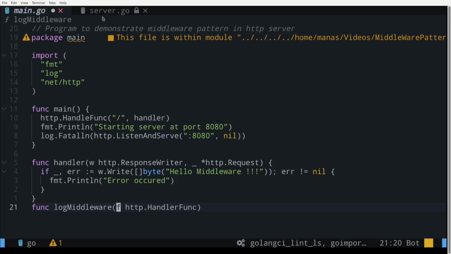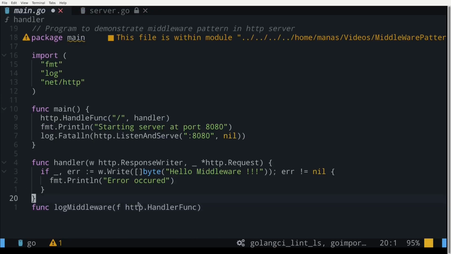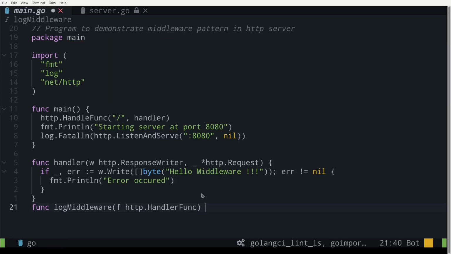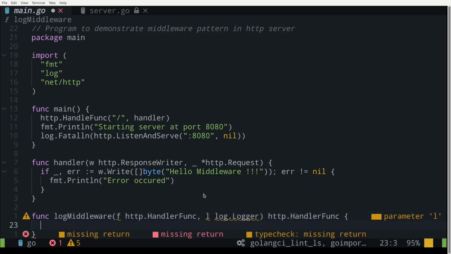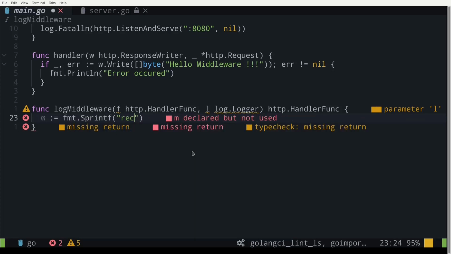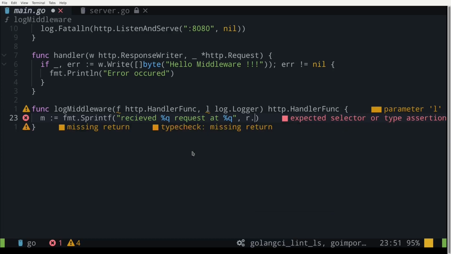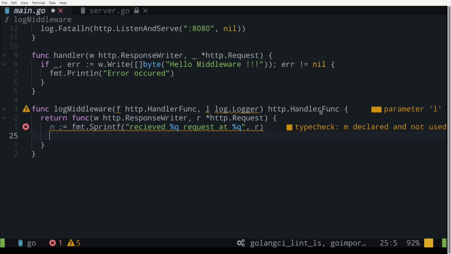We could have created our own data type for this, or we could have written this whole thing each time. But to make life easier, we are using this HandlerFunc data type, and it would also return the http.HandlerFunc. The log middleware would also take in a log.Logger. Now we need to create a message, so this should return this HandlerFunc type. We need to return this, and in this function we will create a message, and